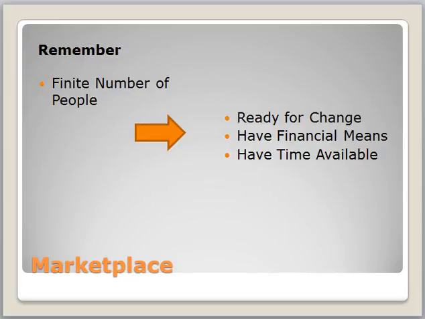Of that amount of people that you observe sitting in your cafe watching the world go by, only a finite number, not an infinite number, are actually ready for change. The next factor in your service, whether you're online or offline, and depending on what you're offering, is even if they are ready for change, some will not have the financial means available to make that change. So now you're starting to see people walking past the cafe, and you can almost imagine, cartoon-like, they're getting big red crosses through their bodies as they walk past, because they may not be able to afford the change and the prices that you're charging.